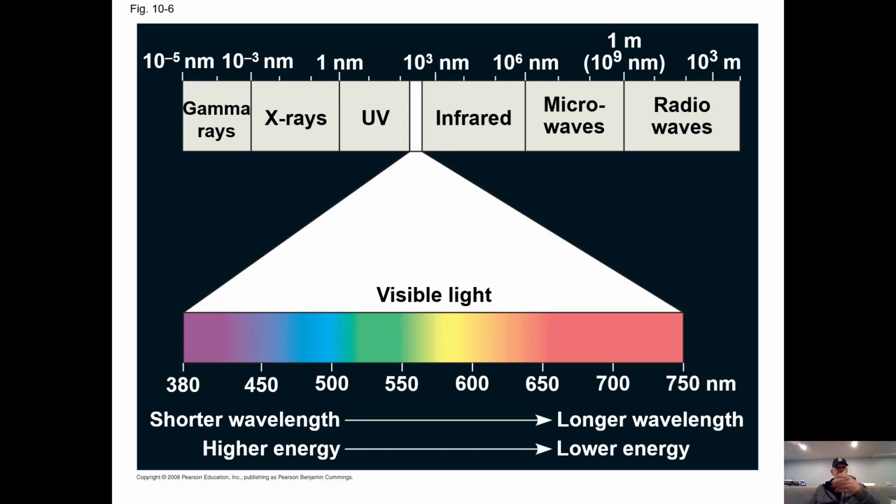Versus stuff on the far right, like radio waves and microwaves, those are not ionizing energy. If your DNA gets hit with radio waves, it's going to be just fine. Interestingly enough, a lot of people are concerned about microwaves. My microwave oven is going to give me cancer if I stand in front of it, or radio waves being transmitted to and from my cell phone could give me brain cancer. Well, I can tell you, the waves from your microwave oven and your phone are weak, relatively speaking. They're not going to be able to change your DNA and give you cancer.